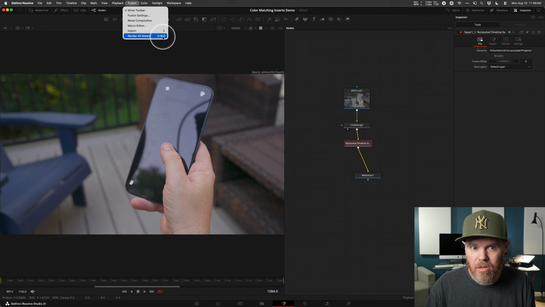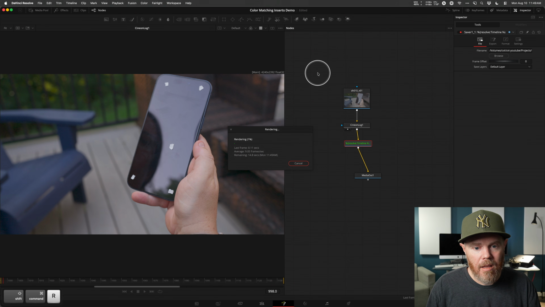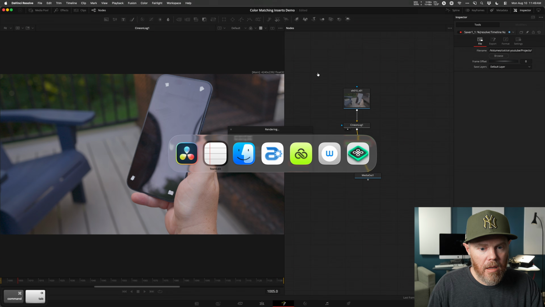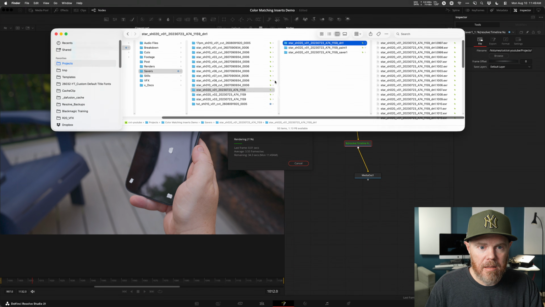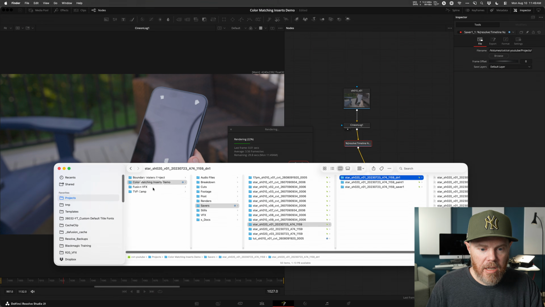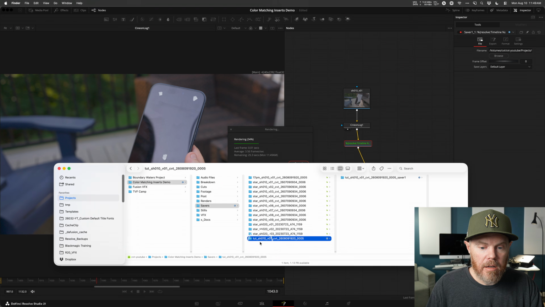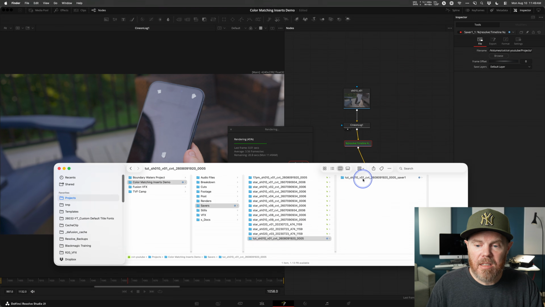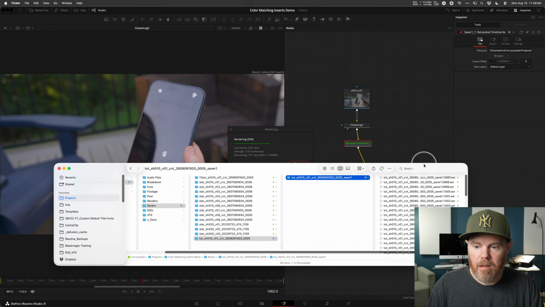Have it set to Command-Shift-R, so let's go ahead and do that. It's going to render pretty quick. I'm going to show you where it's rendering these out to. So it was already looking at the project name, Savers folder, and it started creating a new shot for me here called Tut Shot 1 or Shot 10, whatever, Saver 1, and it's writing all of these out